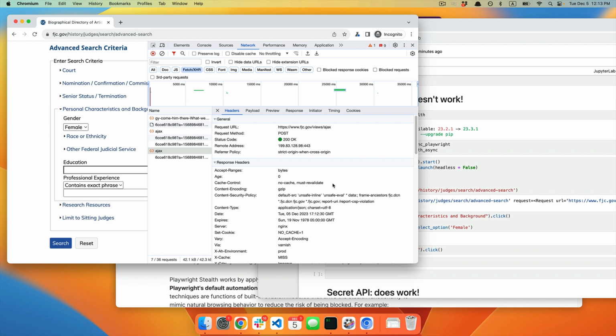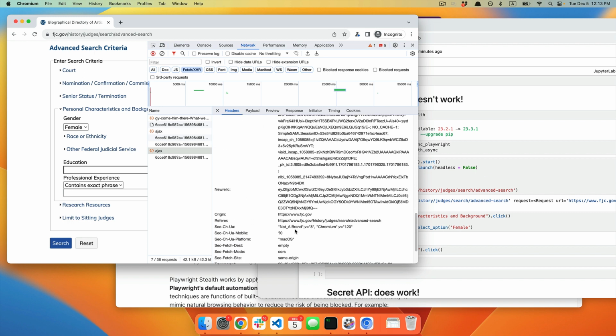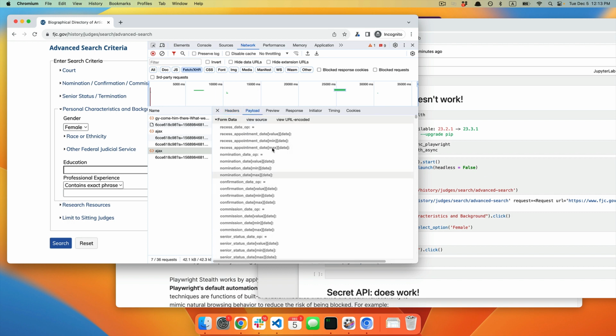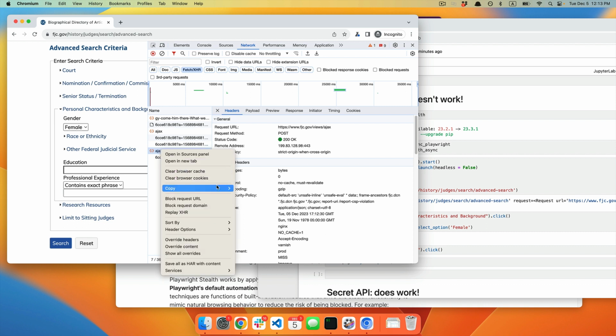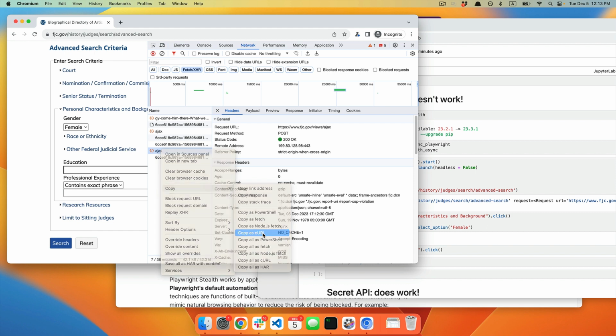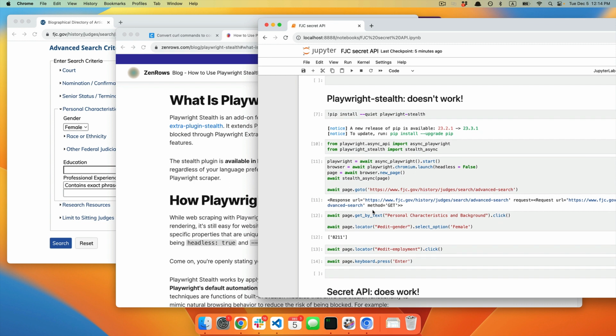So what we want to do is take all of this information, the request URL, all of the headers that we sent out, our cookies, all the different form stuff, and send all of that to fjc.gov pretending to be the browser, but not actually having the browser open. The way we're going to do that is we are going to right-click, copy as curl, C-U-R-L. Now, curl itself is a, let's see, let me open up a